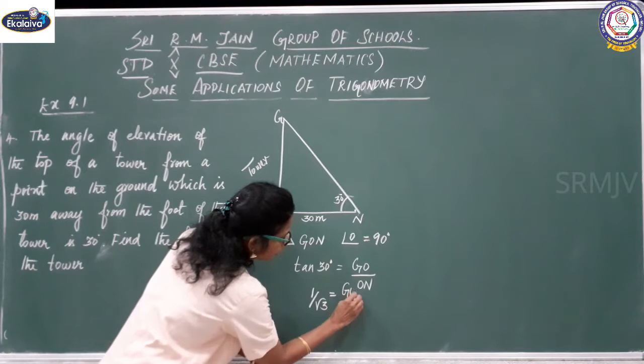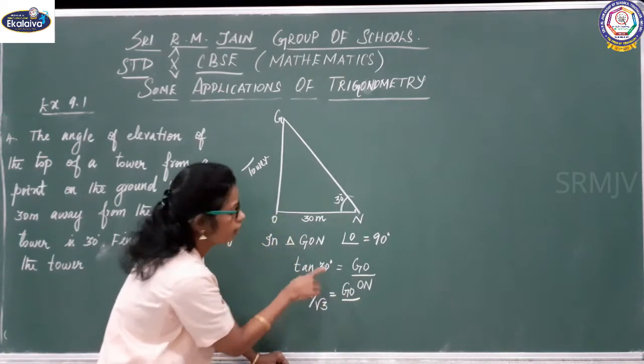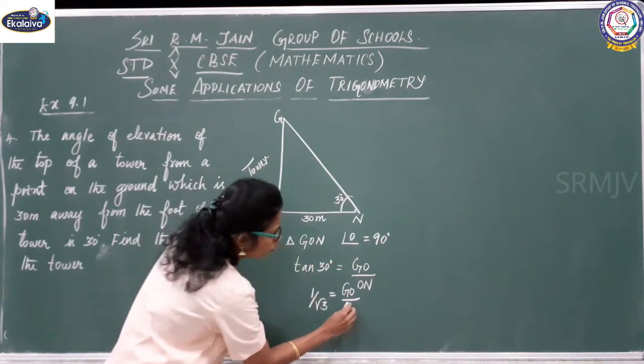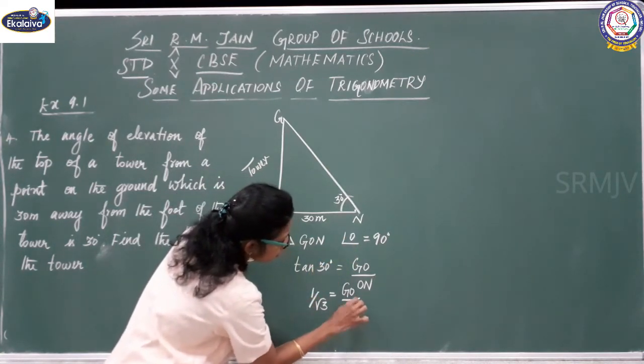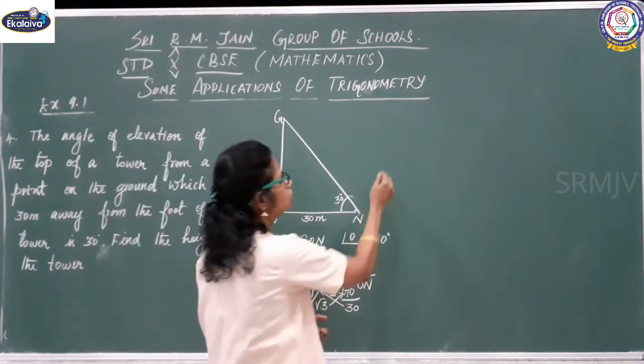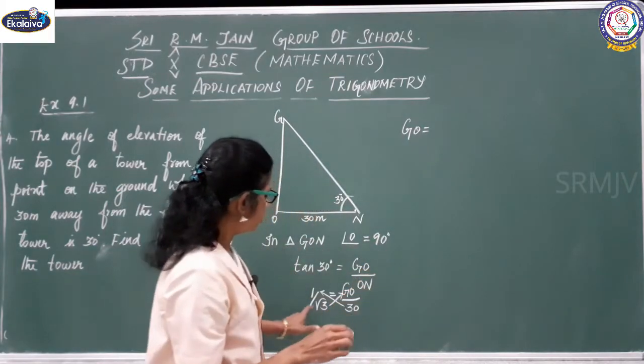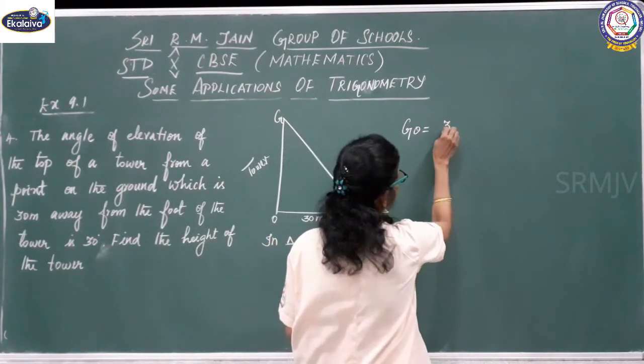GO, they are expecting to find. What is our ON? ON is 30. Now, GO equal to 30 by root 3